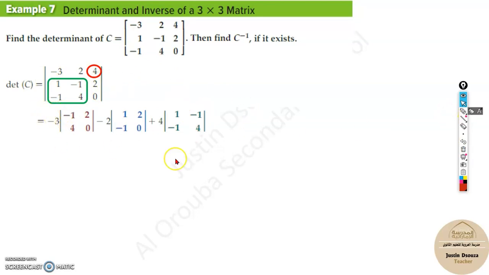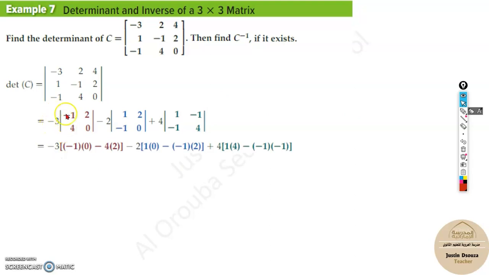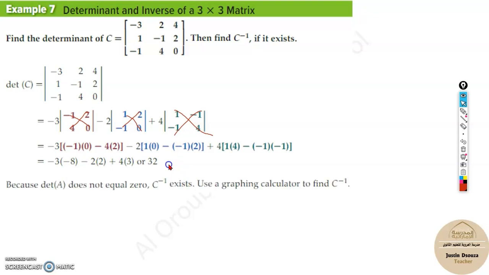Now you need to find the determinant over here. It'll be negative 3 multiplied by, we know how to find the determinant. We just now did it. So two diagonal lines: negative 1 times 0 minus 4 times 2, or 2 times 4. Again over here, 1 times 0 minus 2 times negative 1. And same thing over here. Solve it up, you will get the answer. That's 32. If it is not equal to 0, you will have an inverse and you need to solve for the